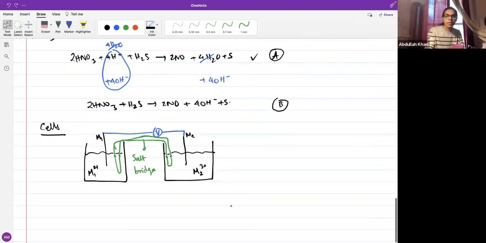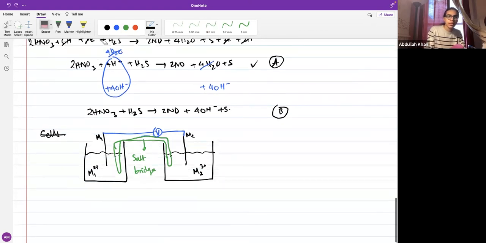Okay. Now, having understood what a general cell looks like,